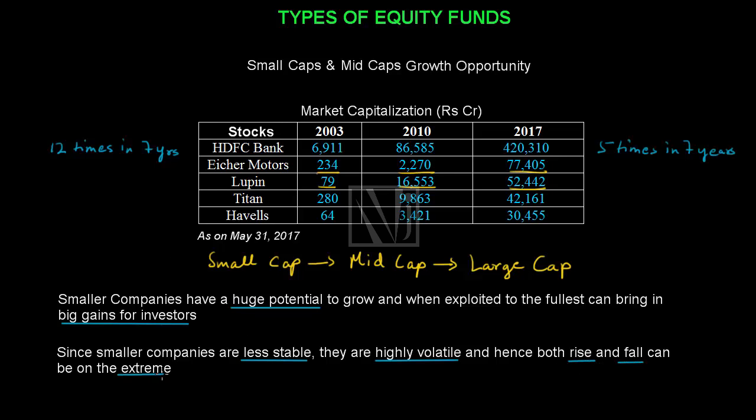The crux is the small caps and the mid caps are like recently planted trees. The speed with which they grow into a full-fledged tree is very fast. But when there are storms, strong winds and heavy rains, these small trees are the ones which are prone to the maximum damage. Some of them are even entirely uprooted in extreme weathers.